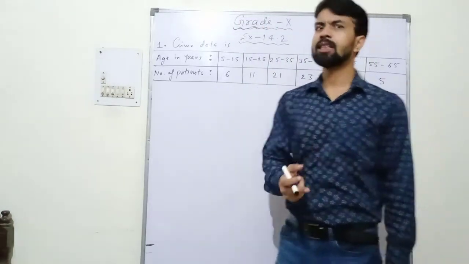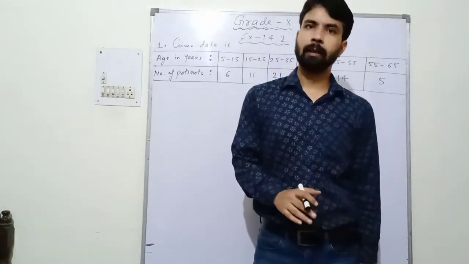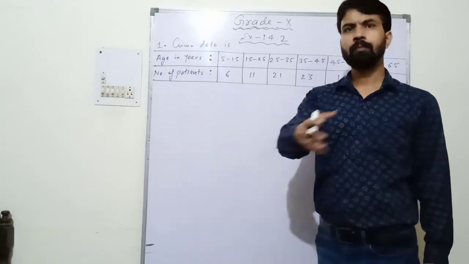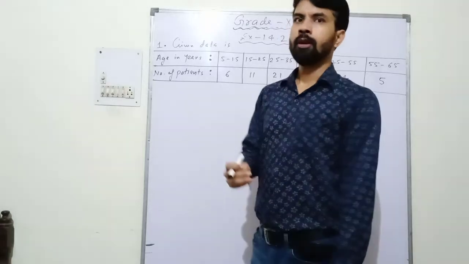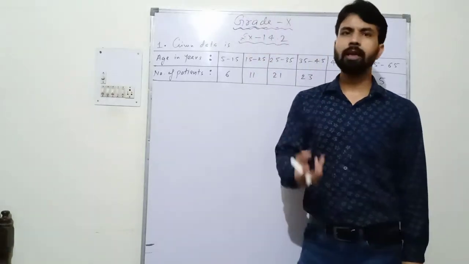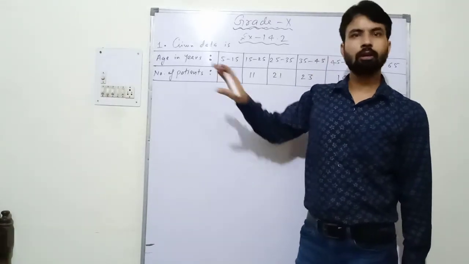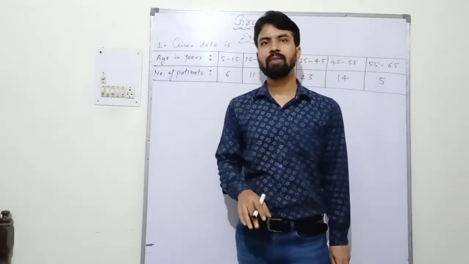I have already explained in my previous lecture how to find the mean of the given data. So first of all you have to find the mean of this data. There are three methods for finding the mean: shortcut method, assumed mean method, and direct method. So this is your choice. You can solve by any method. So mean you will find out yourself. Understood?